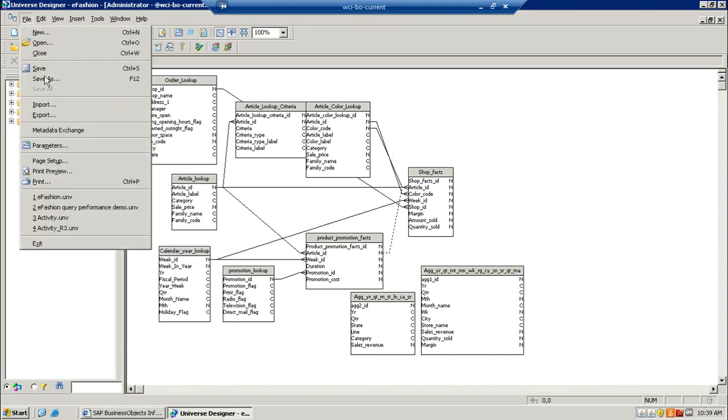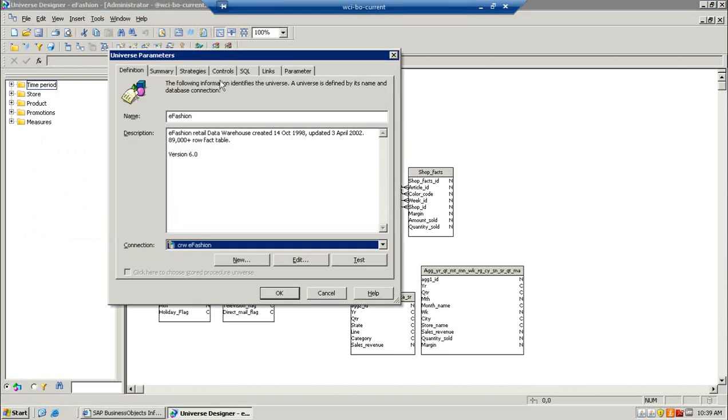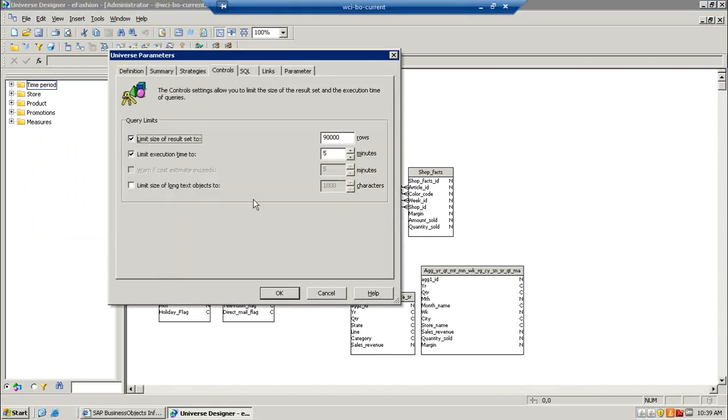What you can do in here is go to File and back to Parameters, and then go under Controls, where there's a query limit. We find this very important. You can always limit the execution time to return. In this case, right now we have a default of 90,000 rows. So what that means is when our user builds a report, it's going to return maybe the first 90,000 rows, or it's going to stop. Or you can limit the execution time to 5 minutes. So if it takes longer than 5 minutes, the report is going to stop running, and that's where it ends. So that's one of the more important ones that I found very useful when I'm building a universe,